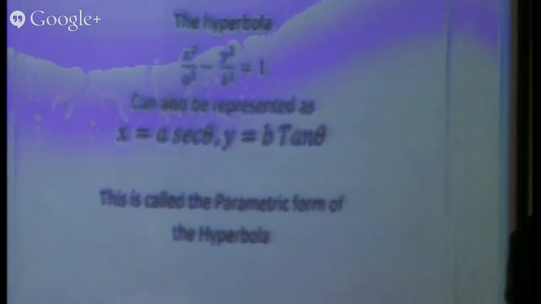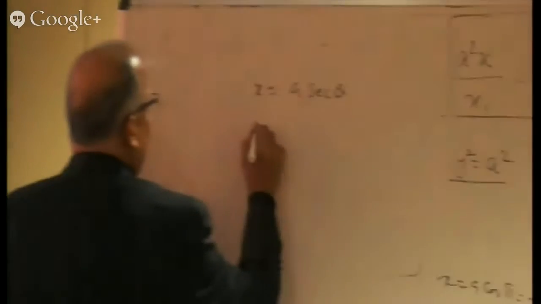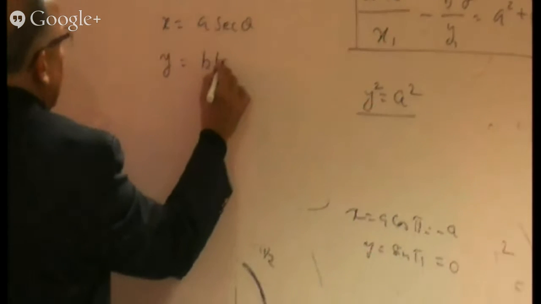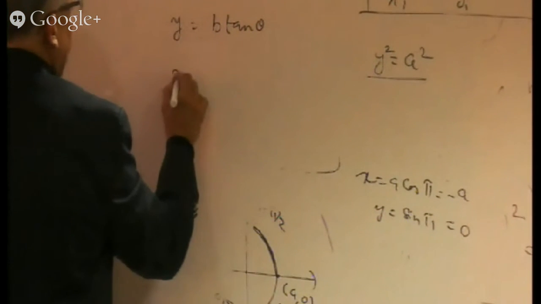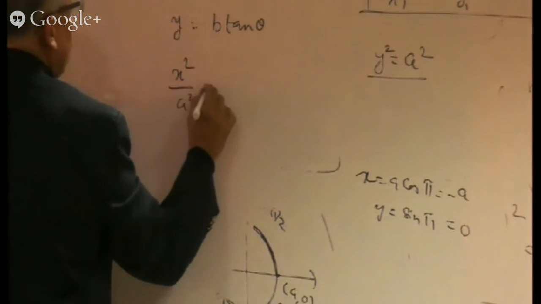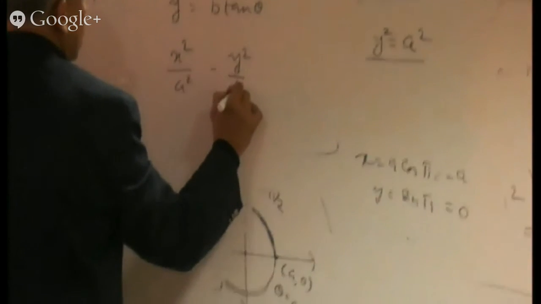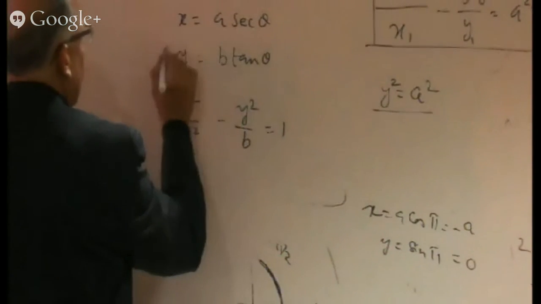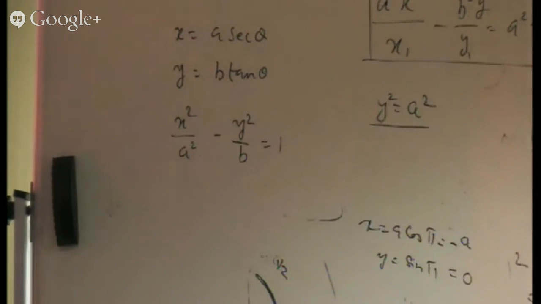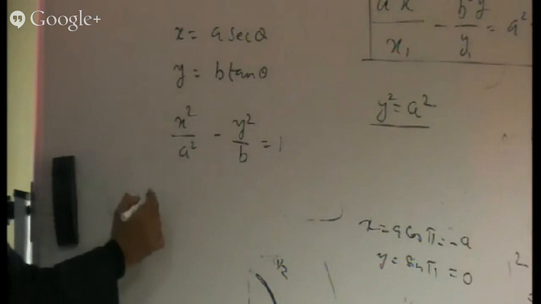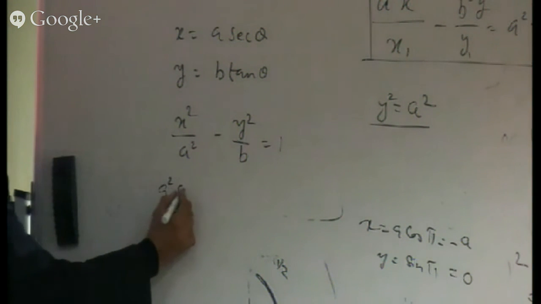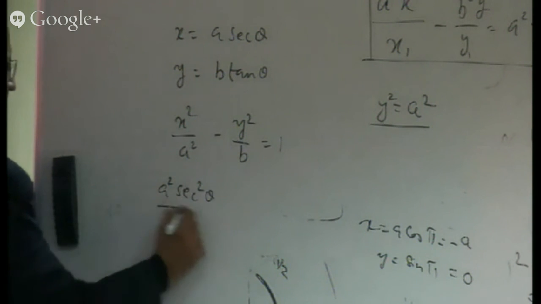Simple thing is that if I take x equal to a secant theta and y as b tan theta, then x square upon a square minus y square upon b square is 1. This is satisfied. If I substitute x as a secant theta, it will become a square secant square theta